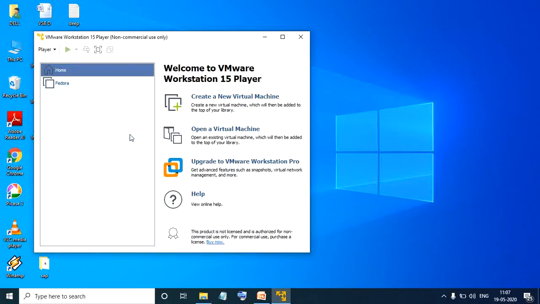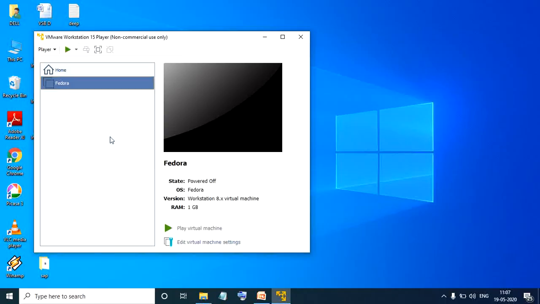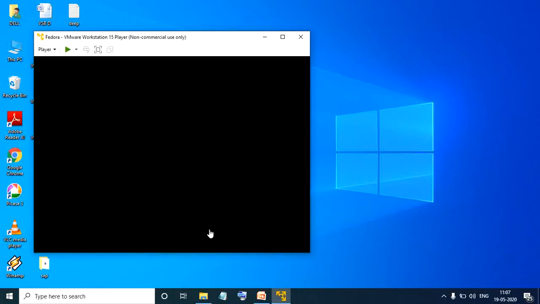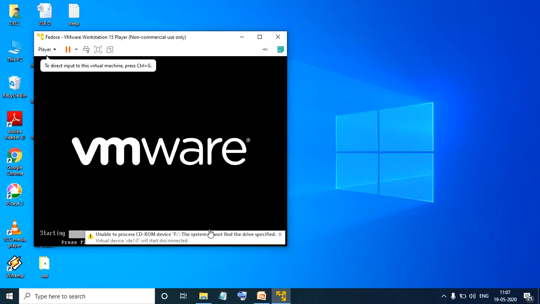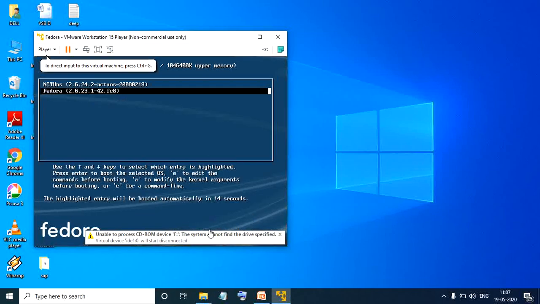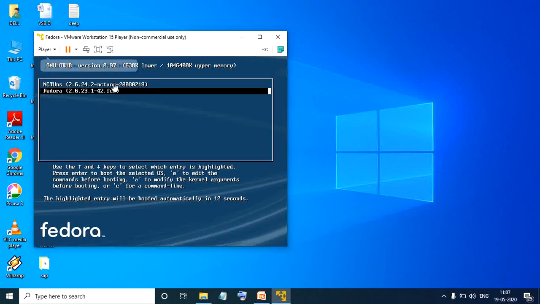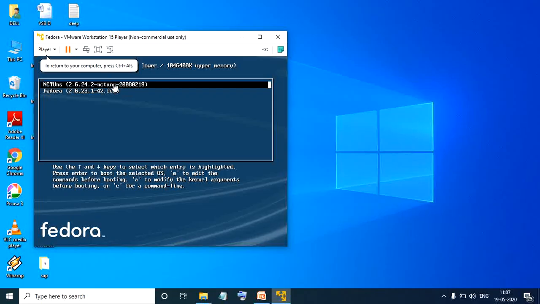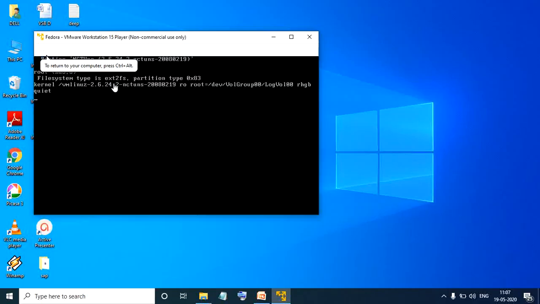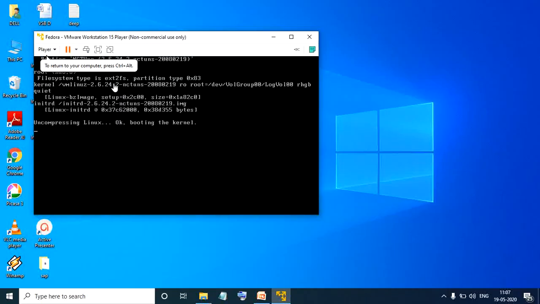After opening your workstation you need to click on this Fedora. We will be using your Fedora. Once you click on that Fedora, you will get an option called Play Virtual Machine. Click on that. We will be using your Fedora OS in your virtual machine. Right now my system is installed with Windows, but we would be using Fedora. Here you need to click, then use the up arrow and select the NC2NS software. Press enter. Now it is opening your Fedora.